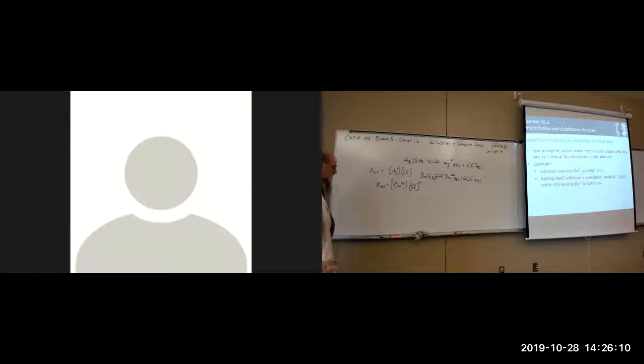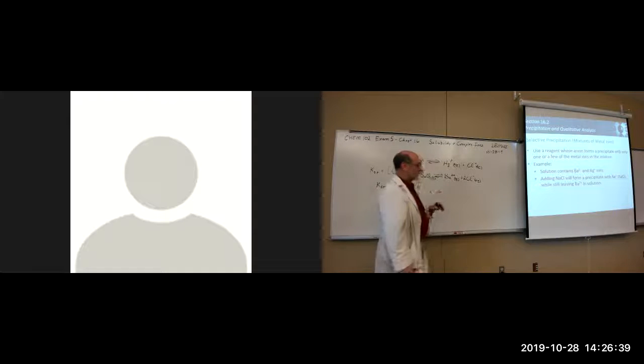So in order to answer that question, we need a value for the KSP here and a value for the KSP here, and then we have to determine the solubility of each. And that will tell us what concentration of chloride we can add that will take out silver and leave